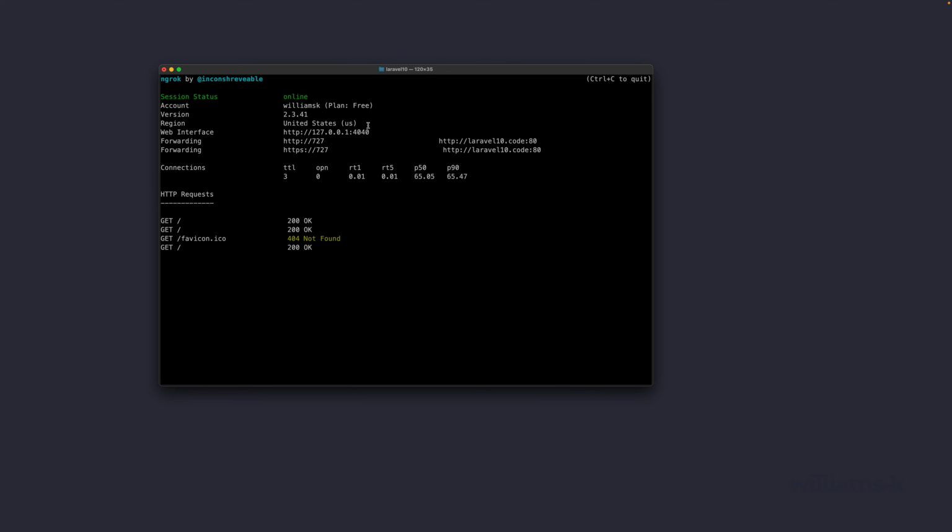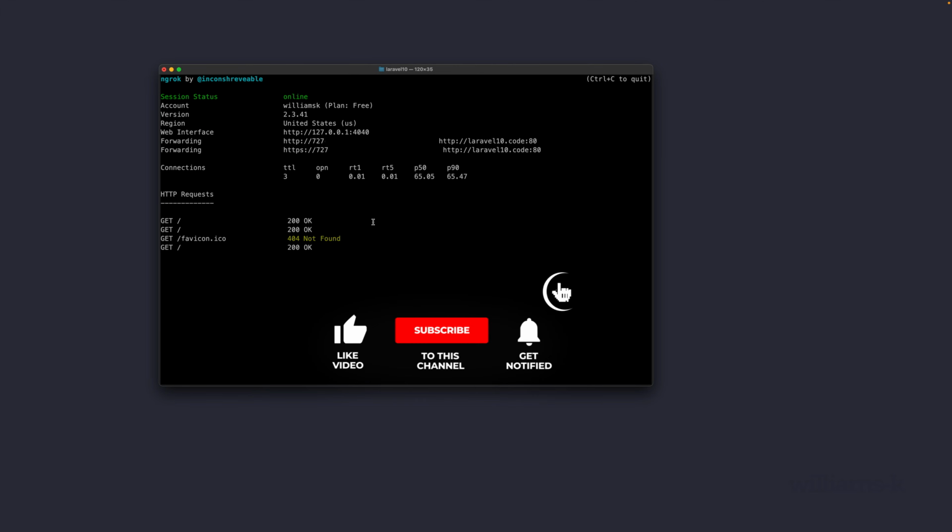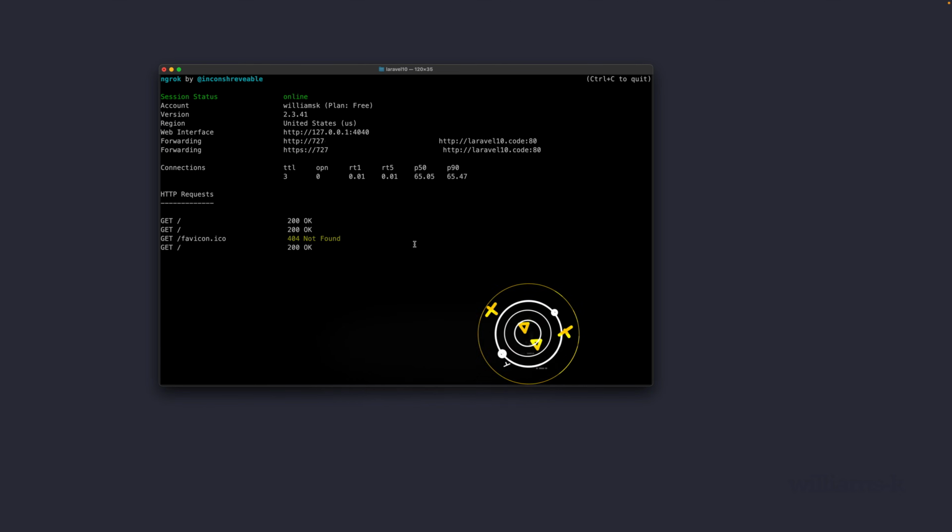What happened is because we're on the free plan, it looks like you can only run one instance of the tunnel. I have another account that is actually not a free plan and I was able to run multiple instances. So when you are using the free plan and you don't have a paid subscription to Ngrok, you will run into that error. So now that we got that resolved, I want to show you another alternative instead of Ngrok